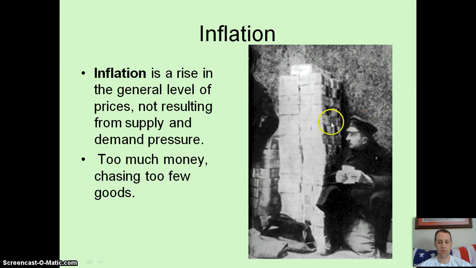The picture over here on the right is from post-World War I Germany, when they had what was called hyperinflation. If you recall from world history, Germany was being forced to pay off war reparations, pay for the damages they had done to other countries during the war. Well, to pay those debts, they started printing money so they could pay the other countries. And when there's more money flowing around and no more goods to meet the needs, prices skyrocketed and made the value of money virtually worthless.